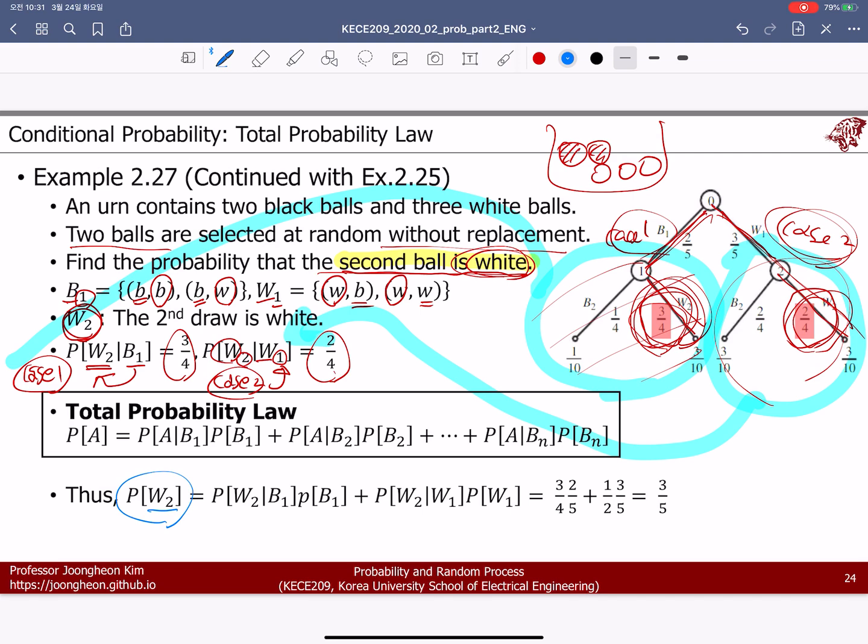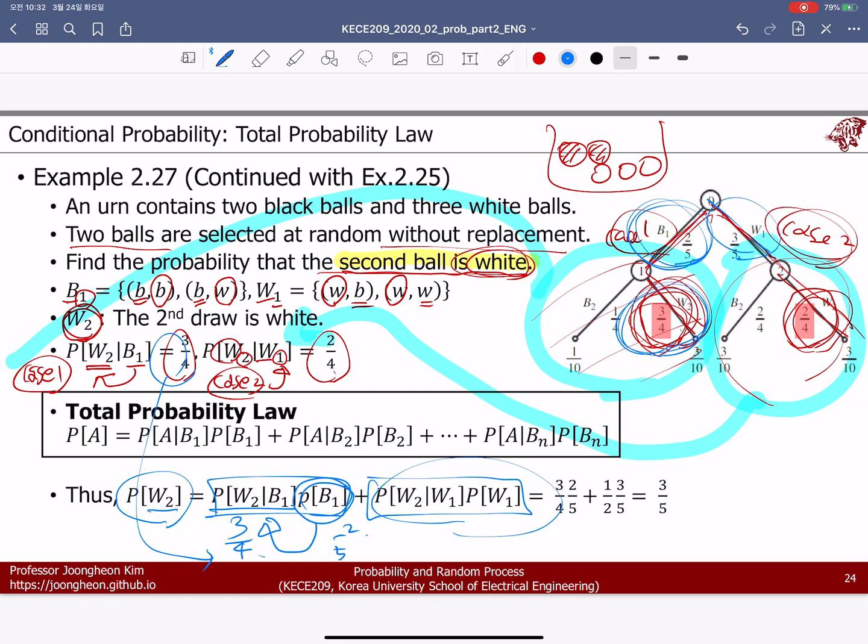Now, by the total probability law, we want to take the case where the second trial is white. Then we have to take both cases. So B sub 1 happens at first. In this given condition, we have to take this one. So in this figure, this should happen at first, and then we have to take this one. That's why this becomes 2/4, and this becomes 3/4. In this case, this happened at first, and then this happens. So this one is 3/5. This one is 1/2. That's why we can get this result. So we can solve this problem with the total probability law as well.